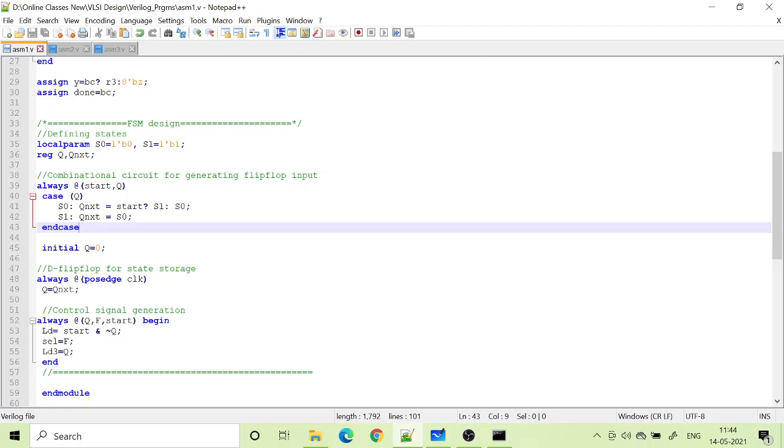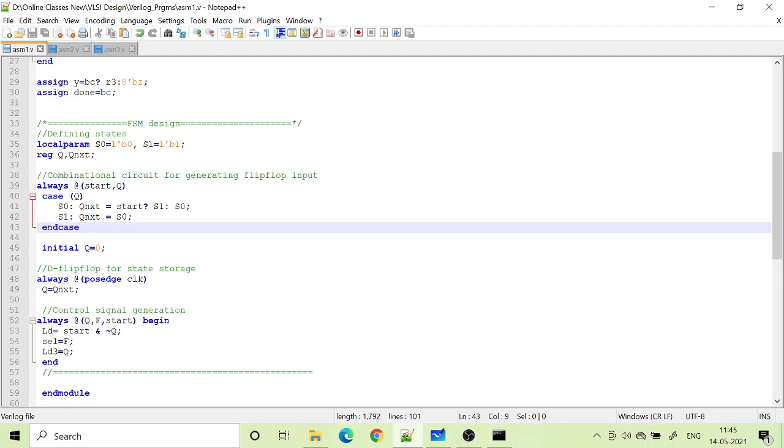So start input and the current state will decide your next state. So we have a combinational circuit which will generate the next state depending upon the external input and the current state. So that is what is specified here. If we are in S0 state, then depending upon the start signal, we will decide whether we will go to S1 or we will remain at S0.